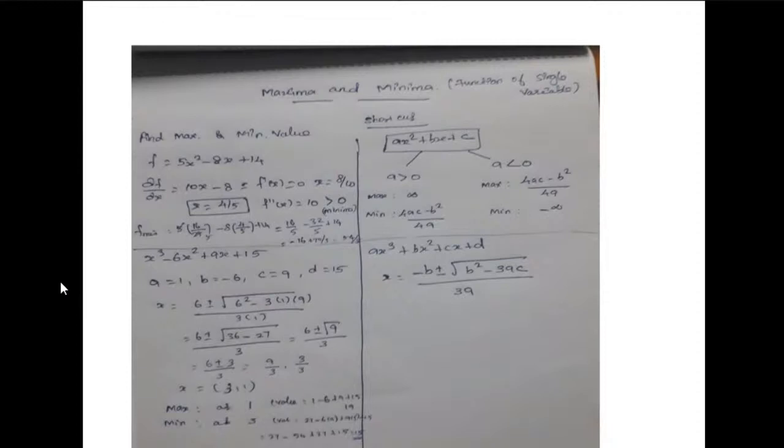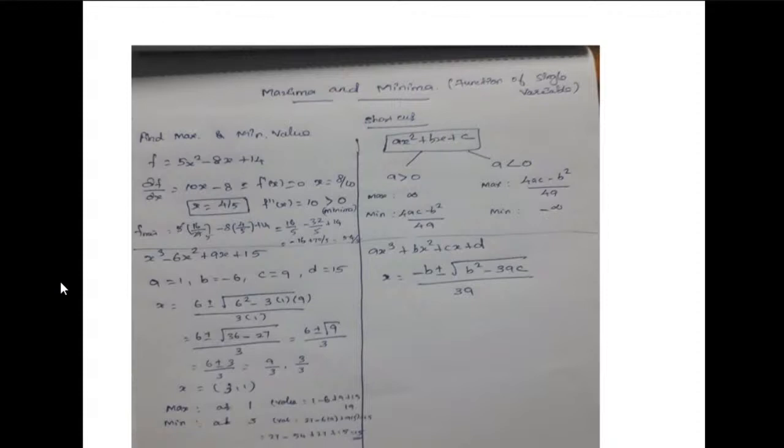Normally, for finding the maximum and minimum points, we check f dash of x equal to 0, but here we no need to find this. We can directly say x1 is equal to 3 and x2 is equal to 1. We will get the minimum value at x is equal to 3. Again, we will get the maximum value at x is equal to 1.